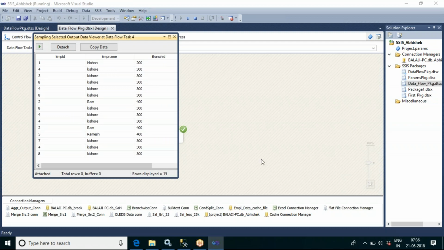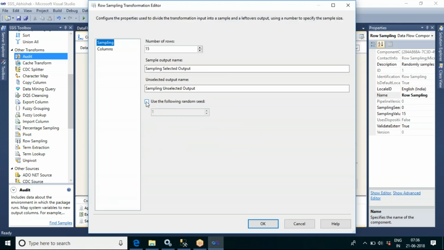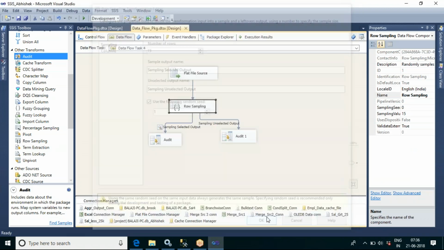Now you can see that it is giving us a different set of data. But if you want the same set of data, you can just check this option, use the following random seed.